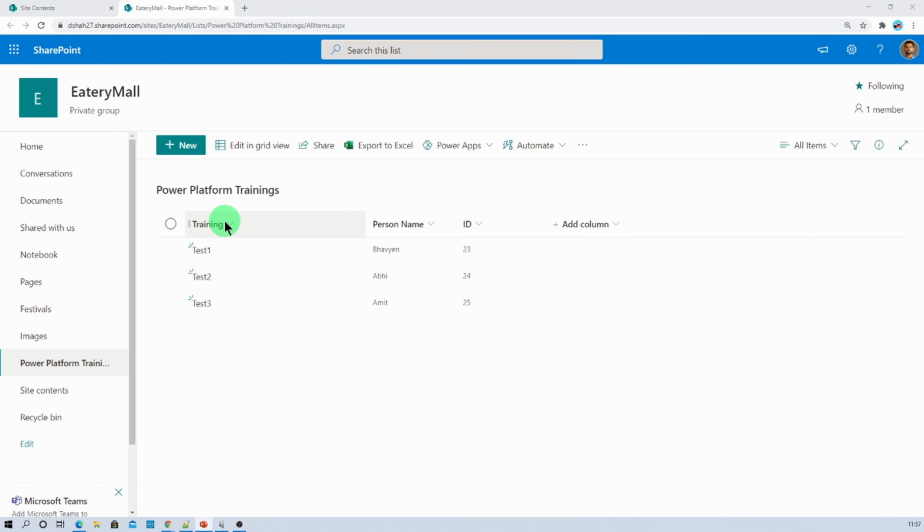First of all, let me talk about the data structure that I am going to use for this entire demo. I am going to have one SharePoint list named Power Platform Trainings. Here I have two different columns called training and person name, and we will be performing our CRUD operation using Power Automate. Throughout this demo, first of all, we will get the records, then we will insert the data